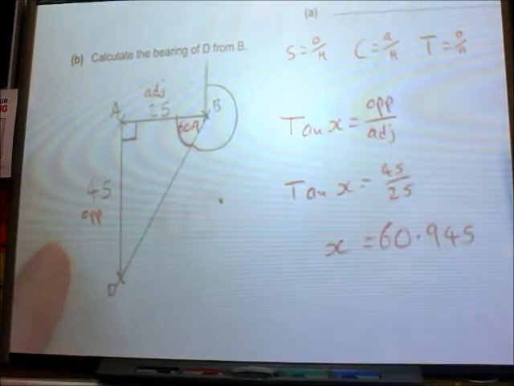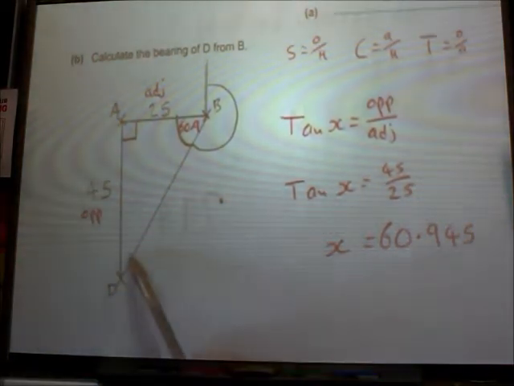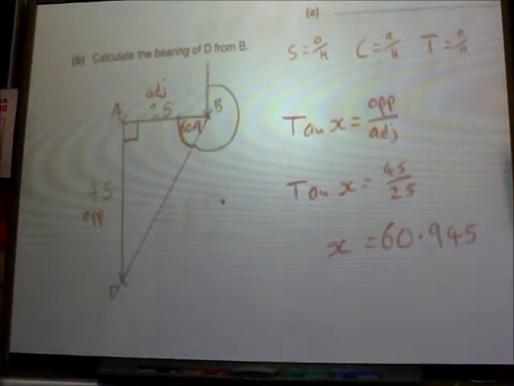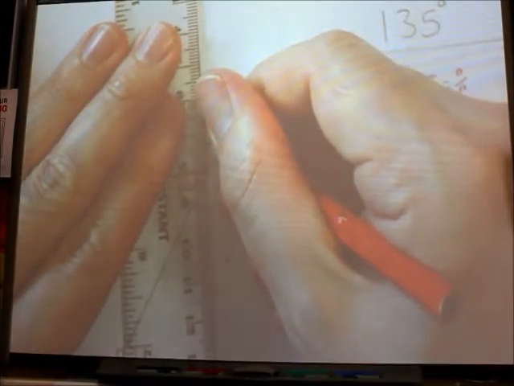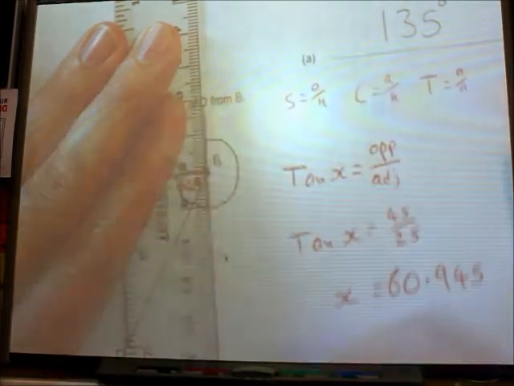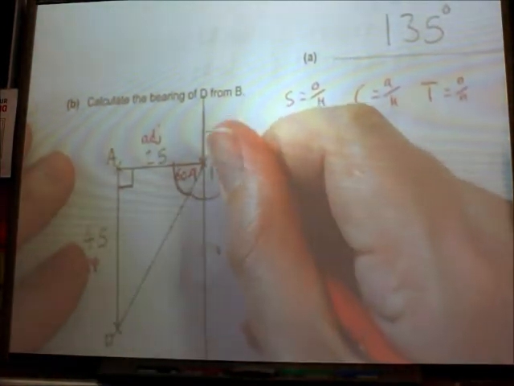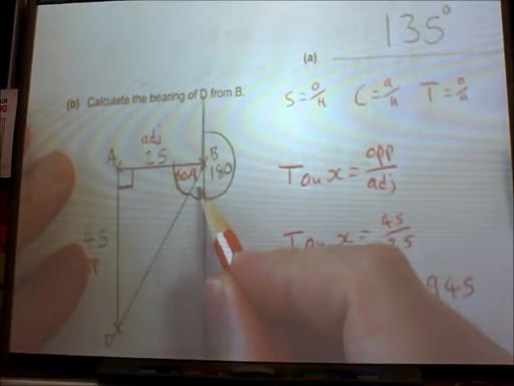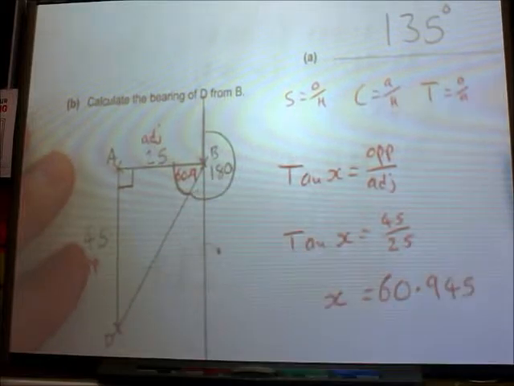I put 60.9 in there. So from that you could work out this angle if you wanted, but really, and this is why I'm going to start breaking down this triangle a bit, the angle you are after is this one in here, because you know that is 180, so you need to work out this one, and because that's going to be a right angle, you can work that angle out there by doing 90